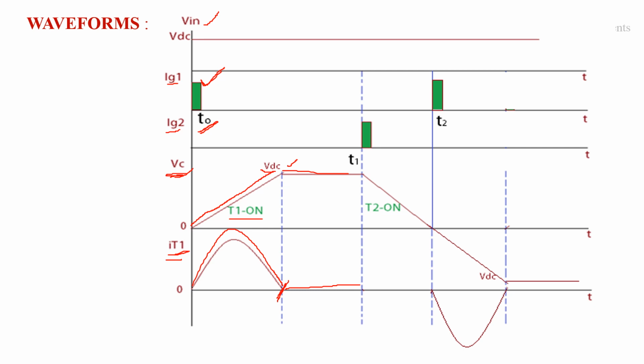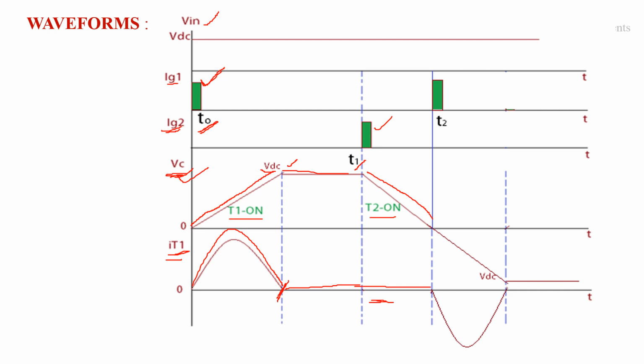Again at time t equal to T1, we are going to apply the gating pulse to thyristor T2. Due to the application of the gating pulse to thyristor T2, the capacitor starts discharging from VDC plus to 0. In this duration also thyristor T1 is in off state,